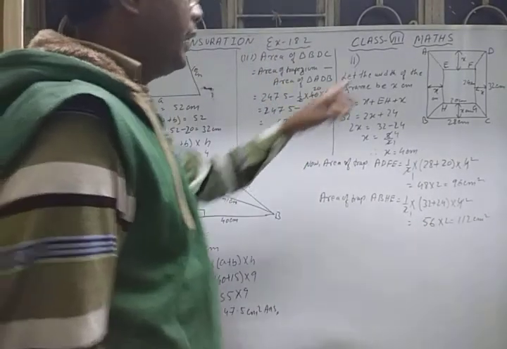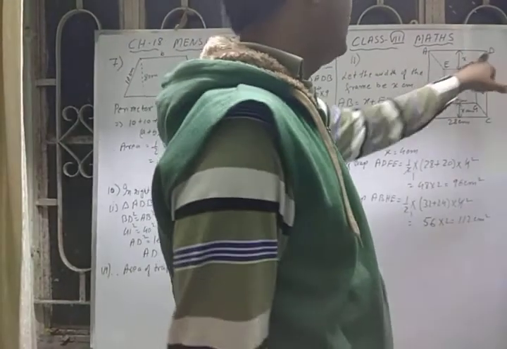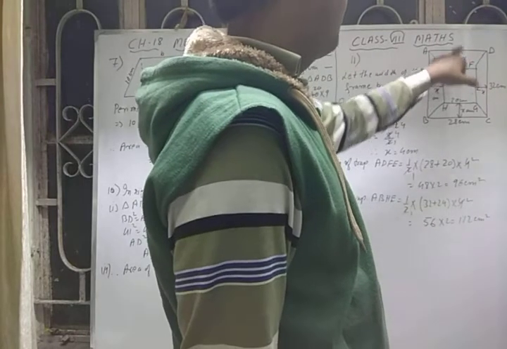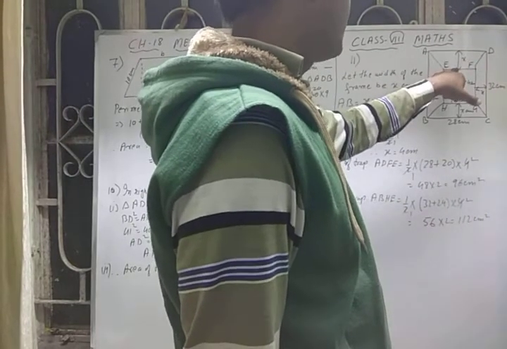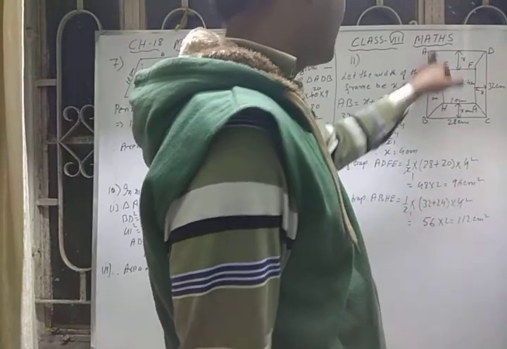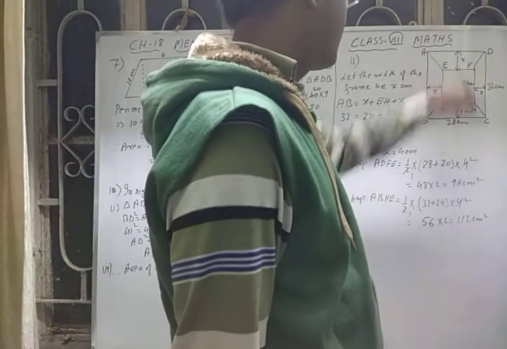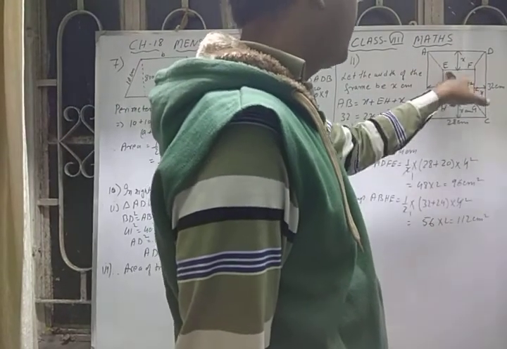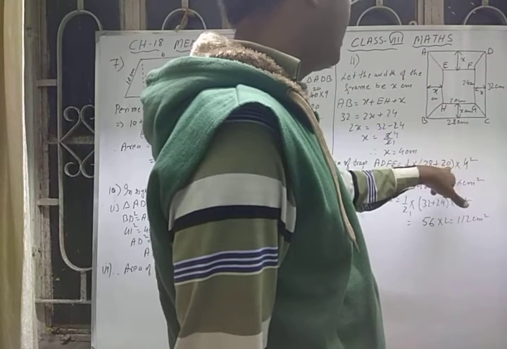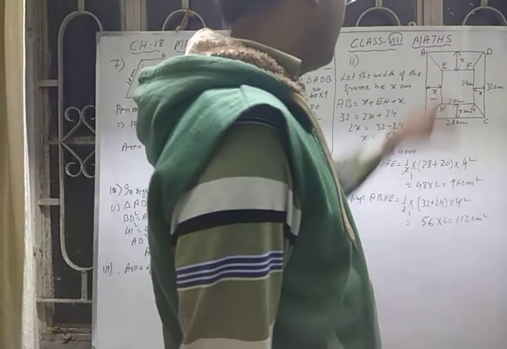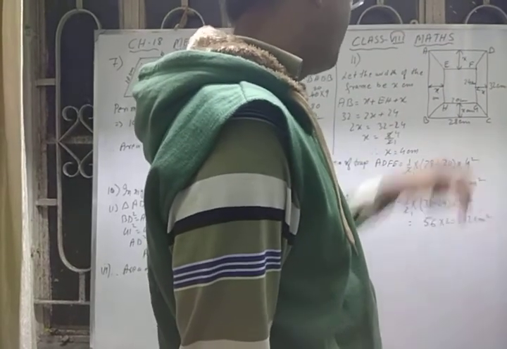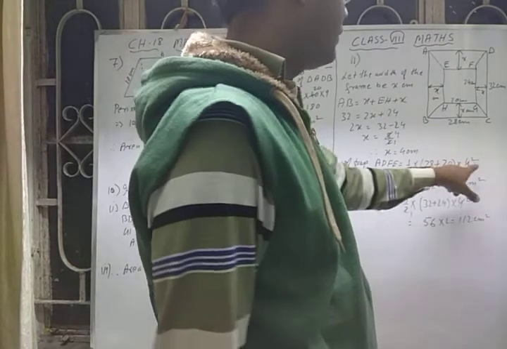So first of all, area of trapezium ADFE. You have the parallel sides and the height also. So half into parallel sides, this one is 28, so just write 28. And this breadth is 20 centimeter, you write 20. And height we have got length of x, that is 4 centimeter, so 4. So 2 into 1, 2 2s are 4.